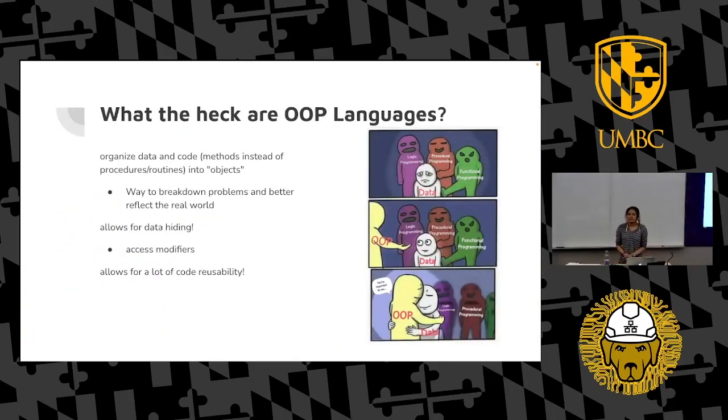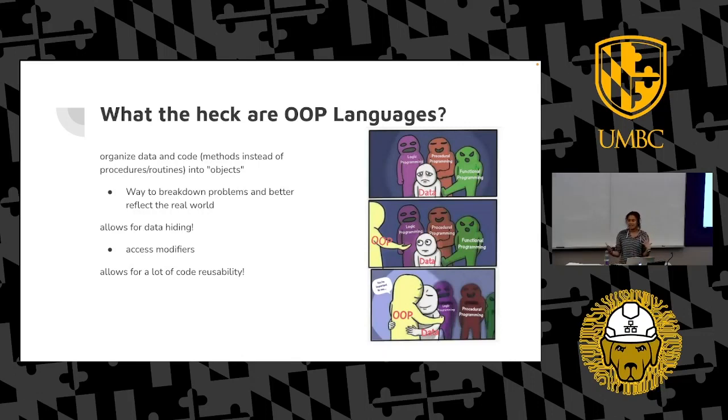Next are object-oriented programming languages. They're sort of derived off of procedural languages. They were made as a sort of way to make procedural programming more friendly with data and just to better handle data. And because of that, they break things down differently. Instead of the procedures, they're broken into objects, and they're seen as a way to better break down problems into the real world. The best way I can describe it is procedural languages will break things down into verbs like write, get, set. Object-oriented languages will break things up into nouns, like dog, cat, book, stuff like that.